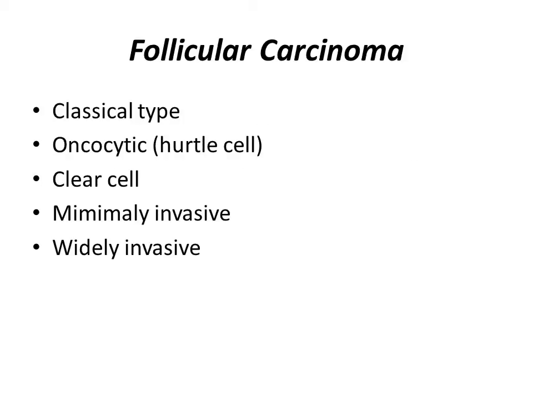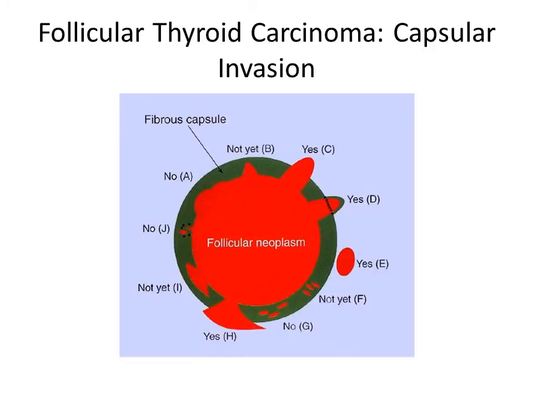There are also some histologic variants of this follicular carcinoma. We have the classic type, the oncocytic or Hurthle cell type, the clear cell, and there's a minimally invasive and a widely invasive carcinoma depending on the capsular invasion. For follicular thyroid carcinoma, the capsular invasion is still a work in progress. Not many pathologists agree with this, but what's being